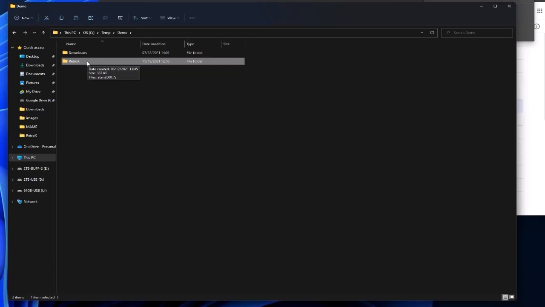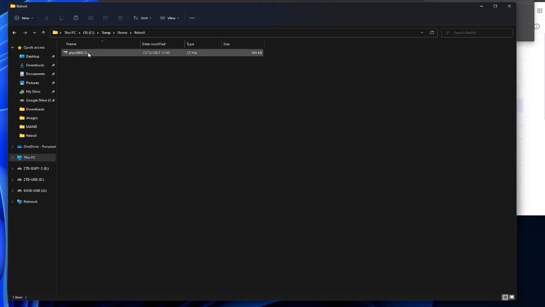Obviously, if you've got games elsewhere in a different folder or on a shared drive somewhere, you can still point RetroX at them. That's fine, it'll work. But you just have to add each one manually. If you do this, it's all automatic. So that's kind of the principle I followed. So within here, I've still got the Atari 2600 folder. So if I just open this,